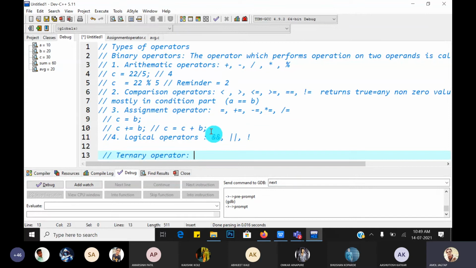This is the question mark colon, ?:. This is called the ternary operator, and it performs operation on 3 different operands. That's why it is called the ternary operator. The operator's symbol is question mark and colon.